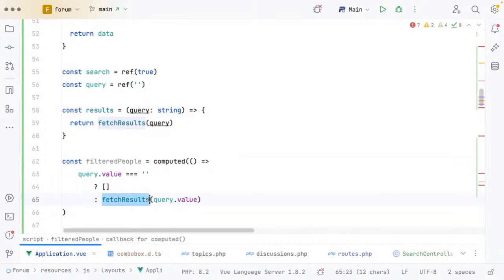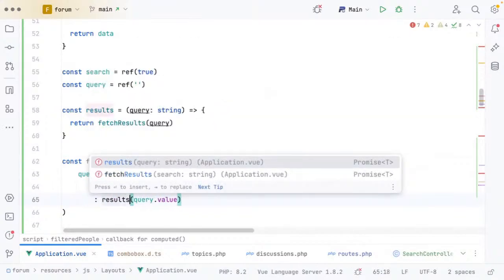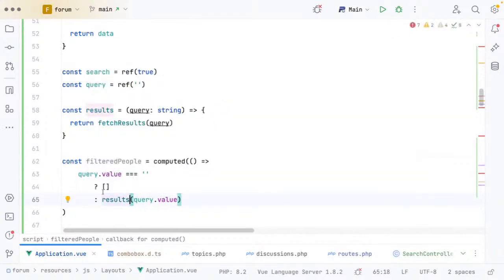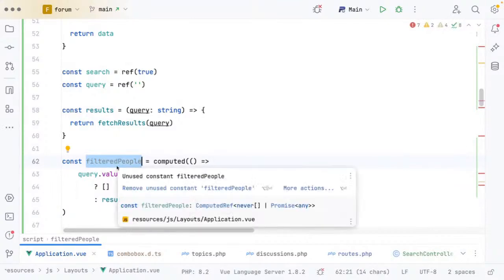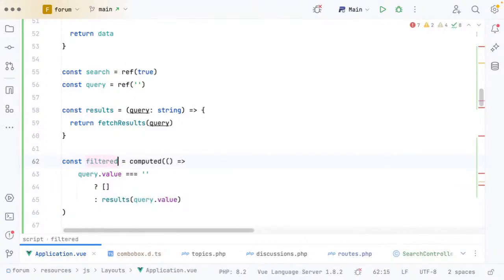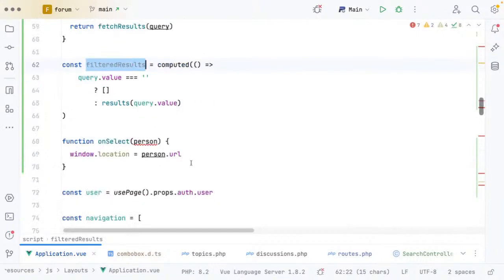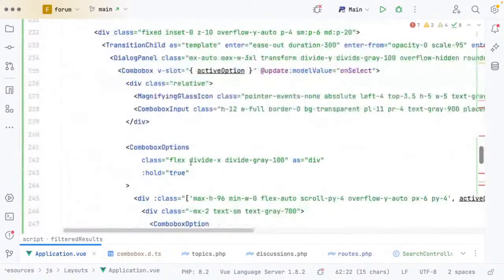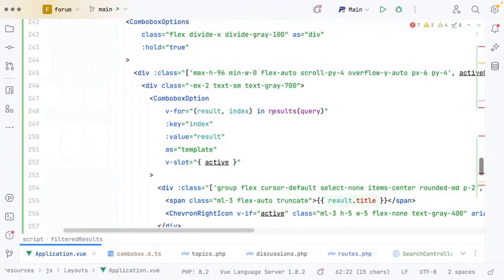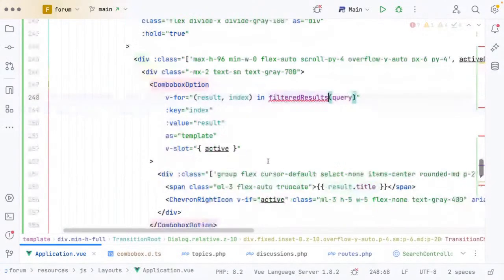Otherwise, results. Instead of filtered people, we're going to say filtered results. Come down to here, and we're going to say in filtered results,